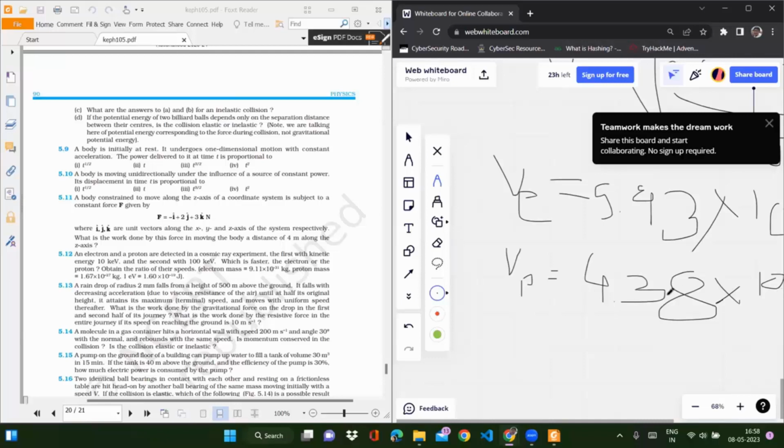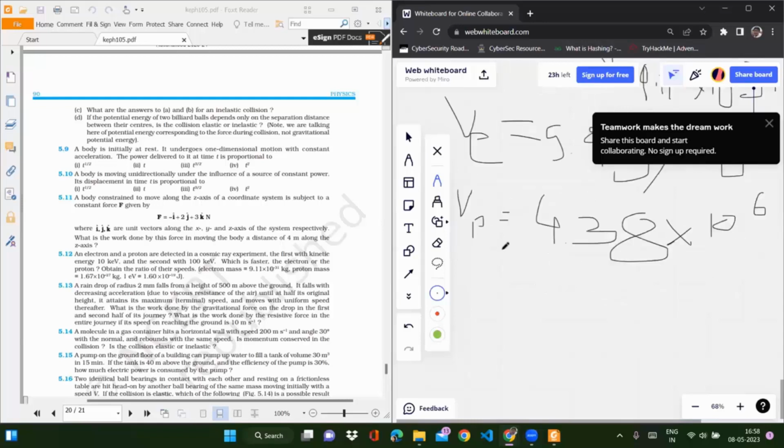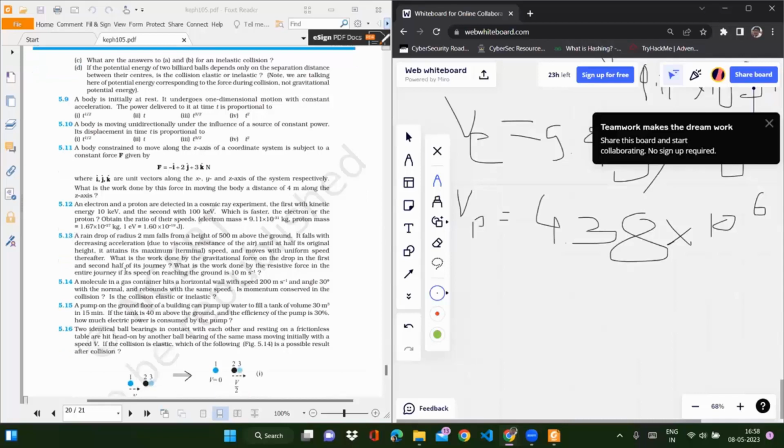But from the calculations, we see that the velocity of electron is much higher, and you can calculate the ratio of Ve to Vp, which nearly comes out to be 13.54 to 1. So you have to just take the ratio of this, which nearly comes out to be 13.5 to 1. Now, in question 5.13, a raindrop of radius 2 mm falls from a height of